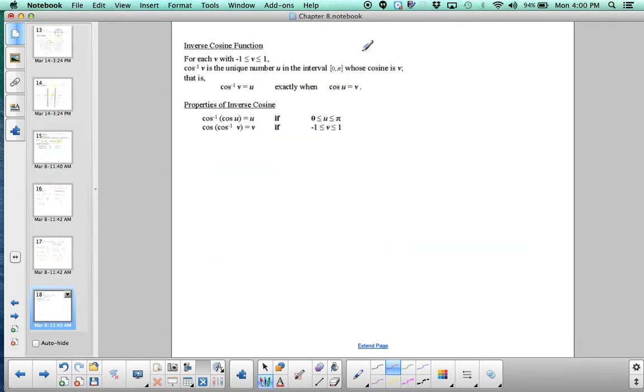Now let's take a look at the cosine function. Again, for the cosine function, the input values are going to become what the range values were for cosine of x. So for cosine of x, the range was from negative 1 to positive 1. That's now going to be the domain for the inverse cosine, also known as the arc cosine,